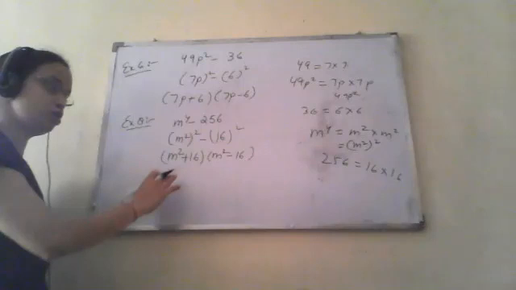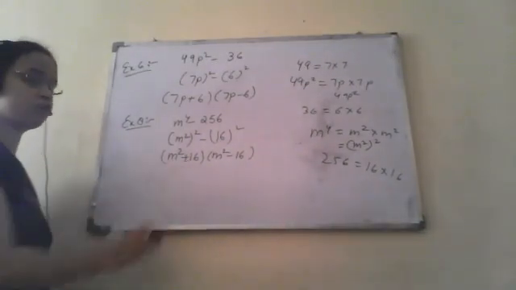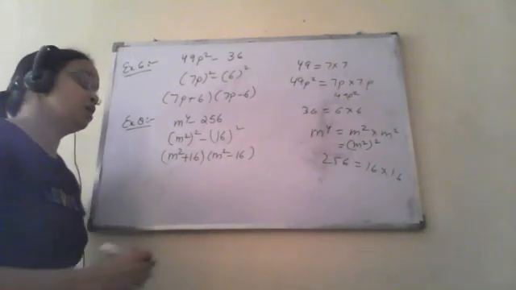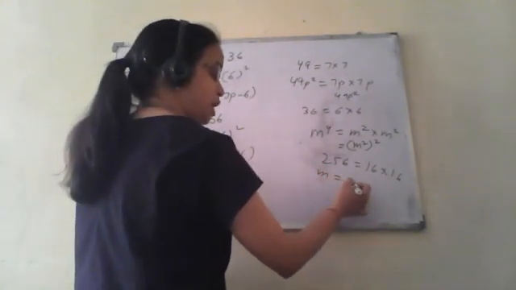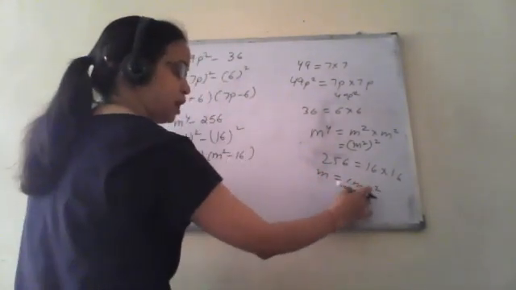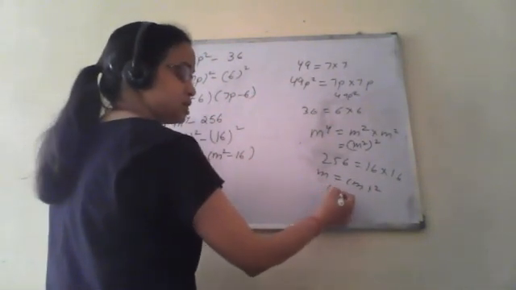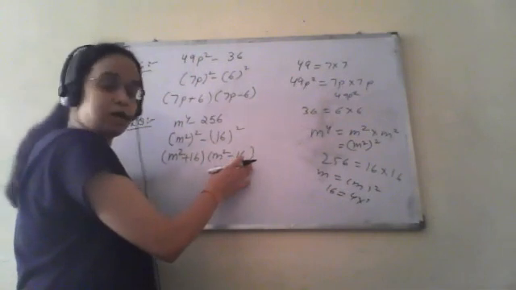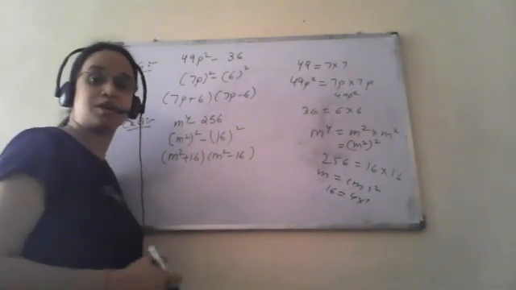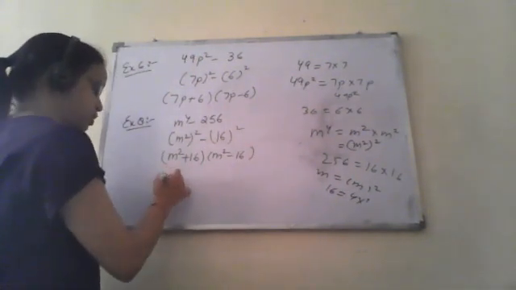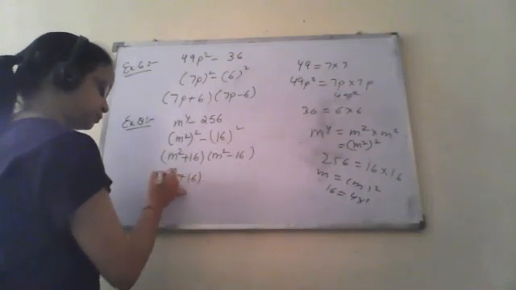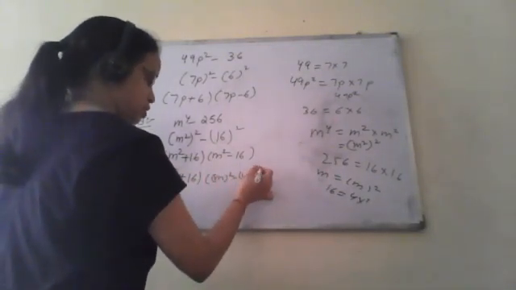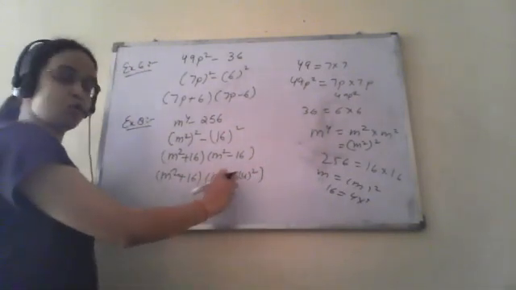So this is perfectly okay. This is not forming an identity further for m square plus 16, but m square minus 16 can be reduced. Now m square is the square of m, so m into m, and this 16 is 4 into 4. So this particular expression can be factorized further. It can be written as m square minus 4 square. So this is again forming a square minus b square.